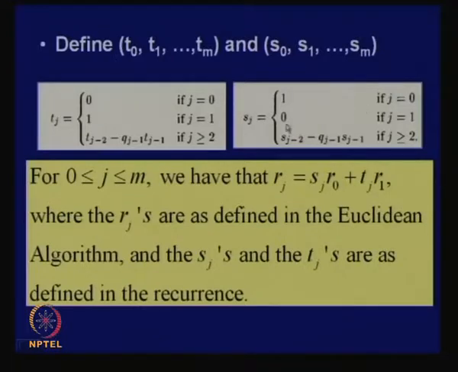So, if j equal to 0, then sj is equal to 1; if j equal to 1, then sj equal to 0. This is just the opposite of the Tj definition: 0, 1 and 1, 0. Why? Because Tj and Sj are used for what I am interested in doing, which is to express the remainder as a linear combination of R0 and R1. The corresponding coefficient in that linear combination is generated by the series Tj and